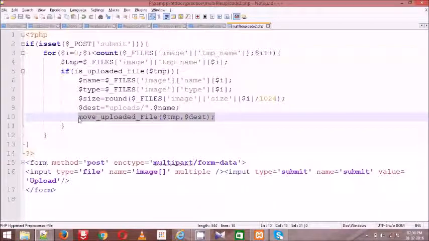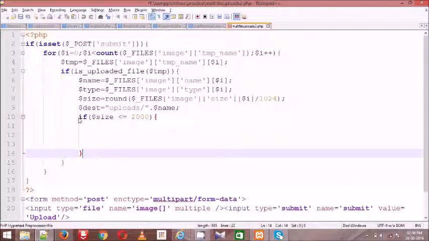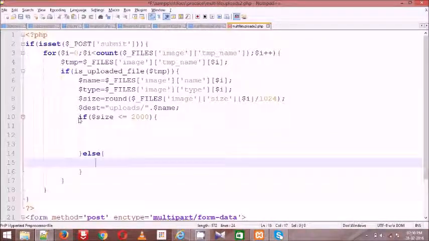So observe carefully here. First I am checking the size of the file. The size is in kilobytes, so I have given kilobytes. The size of the file should be less than 200. Okay, it's fine.